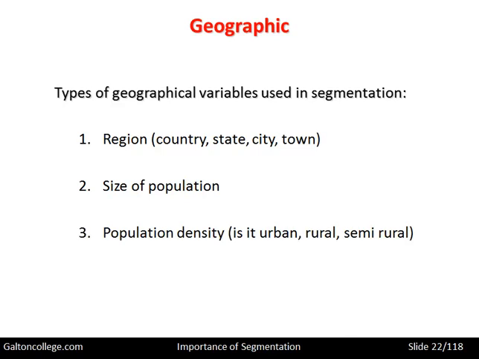Look at the population density. See if it's urban or rural or semi-rural. Sometimes countries are very much clustered into cities. Sometimes they may be very rural, small cities with many towns throughout the area. They're rural populations.